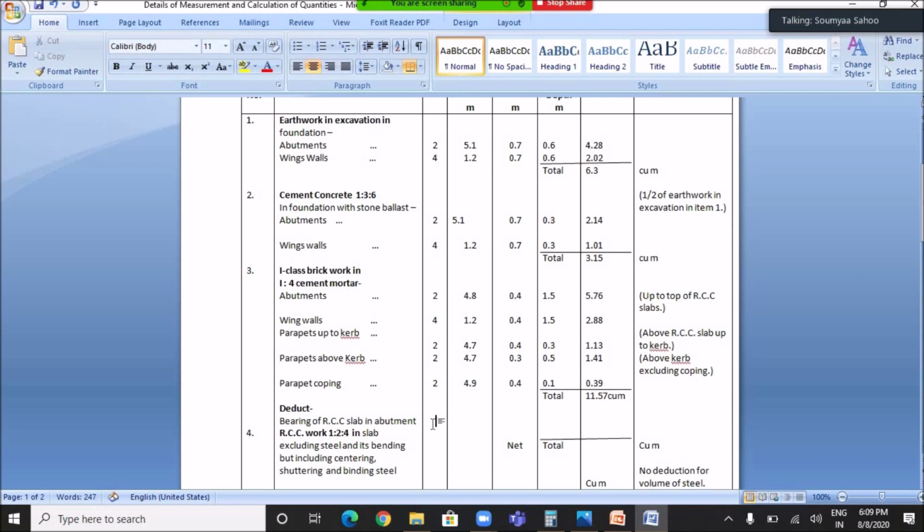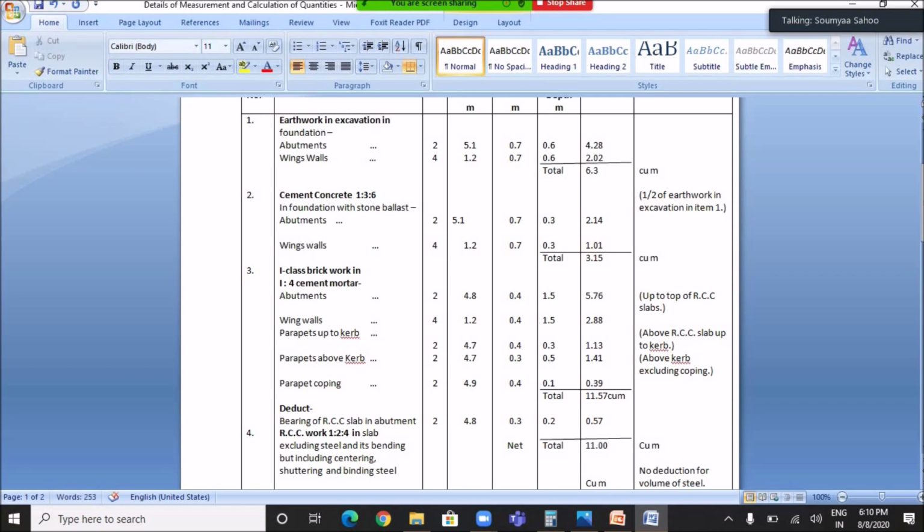Okay, so the number of bearing of slab in abutment is 2 and the length is 4.8 meter. The width is 0.3 meter and the height is 0.2 meter, and I have already calculated the quantity. It is 0.57 cubic meter. So the net total will be 11.57 cubic meter minus 0.57 cubic meter, which equals